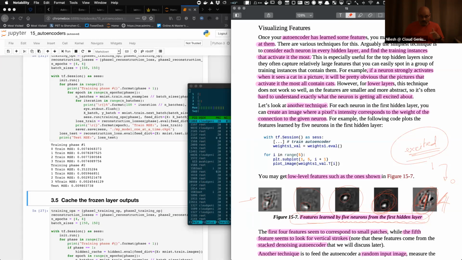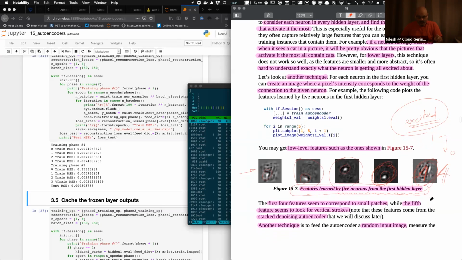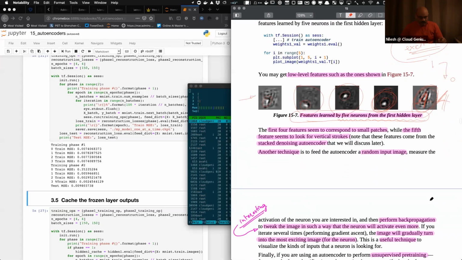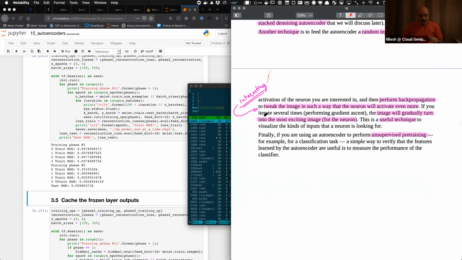Now, having discussed that, let's go further in terms of identifying how we can use these autoencoders to detect features. It's one more idea about detecting features, and it's the interesting idea I mentioned here. I think I should read that. The idea that is interesting, at least to me, is a technique which is to feed